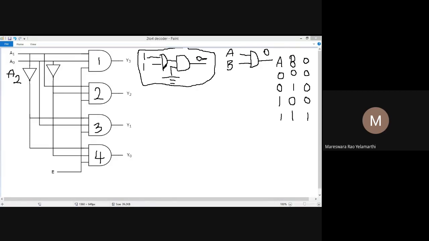Yes, it is exactly 0. The output of this particular gate is exactly 0. Why? Come to the first gate. For this gate, 1 and 1 will give an output of 1 according to the truth table. So this one is 1 and ground is nothing but a 0. So with 0 and 1, if any one input is 0, either A or B, then irrespective of the other input signal, the output is 0.